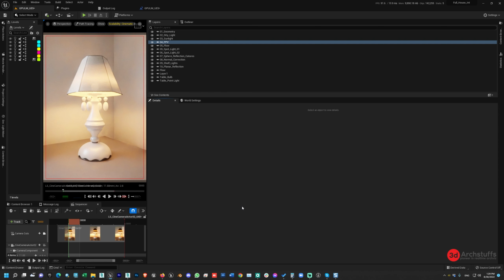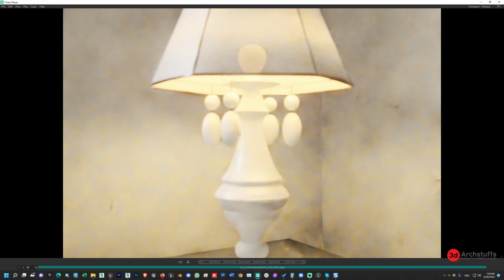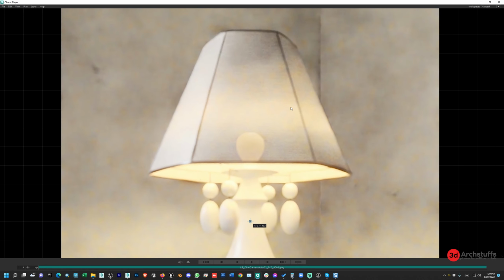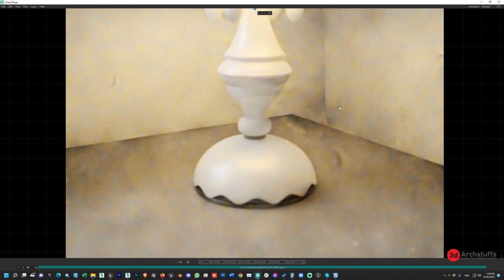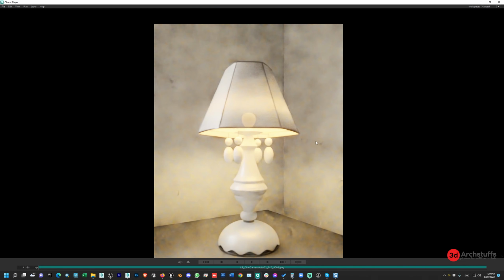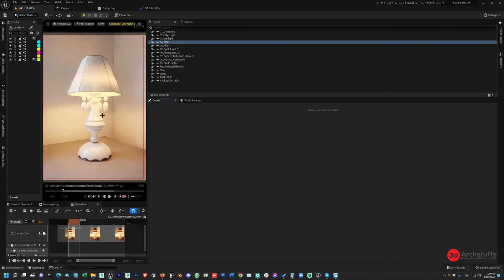As you can see, it rendered very fast. If I go here and see the image, it's looking the way we are looking for. So this is just a low quality one. Now we'll go ahead and render the high quality one. I will delete this or I will leave it as it is. Now for the high quality, I'll go here and